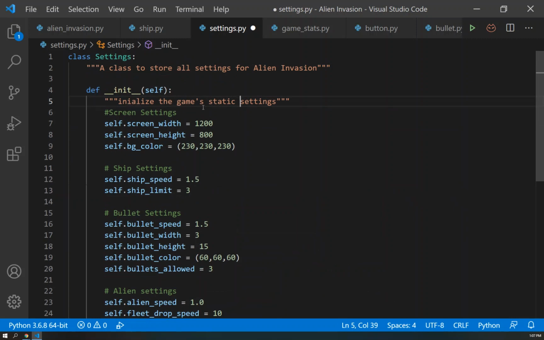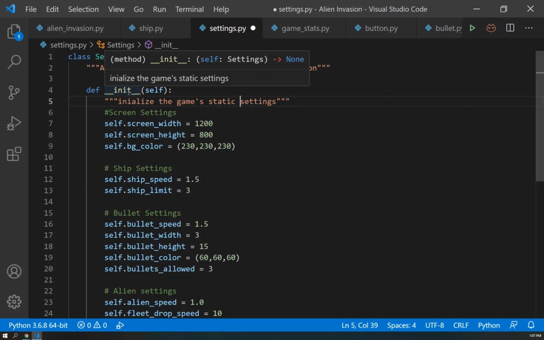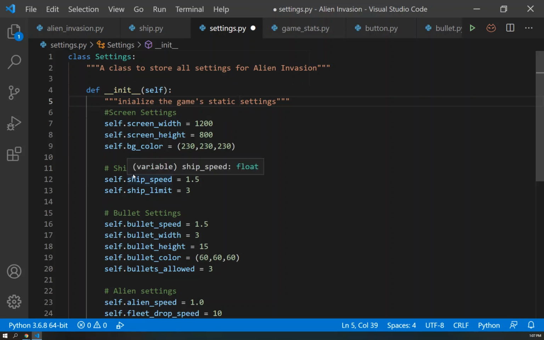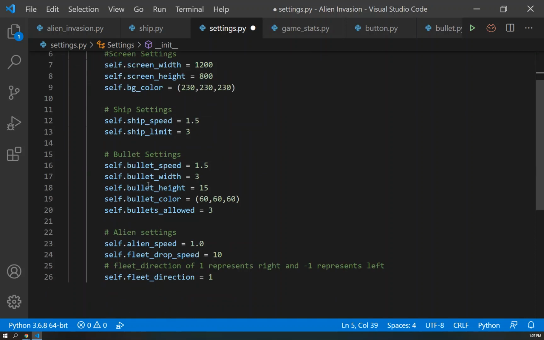So we're going to initialize the game's static settings with the init method. And that's just going to include the screen settings, the ship settings, and we're going to make some modifications with that. But to begin with here, we're going to come down here and